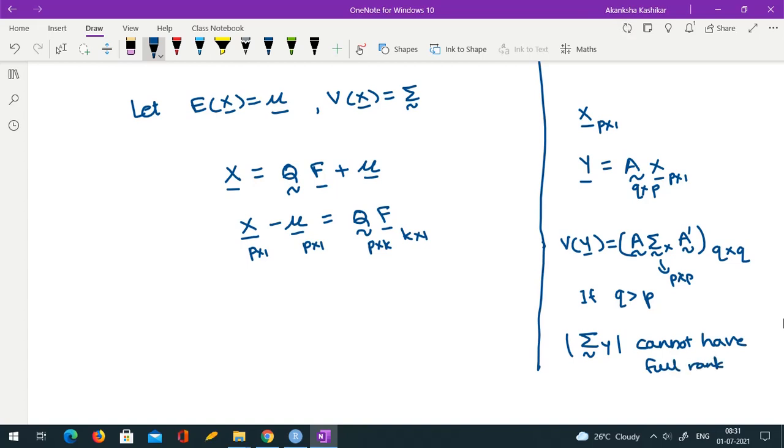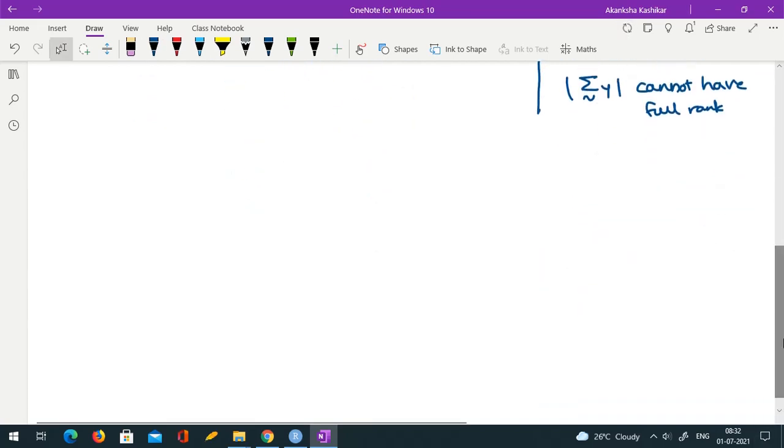Why? So think intuitively. When you say I am computing y as A times x, and A is a transformation type of matrix, basically we are considering every y, say yi, as some linear function. So, let me write it properly in the matrix notation so that it's easier for all of you to understand. I'm writing it on the side because it's not part of the regular discussion of factor analysis.